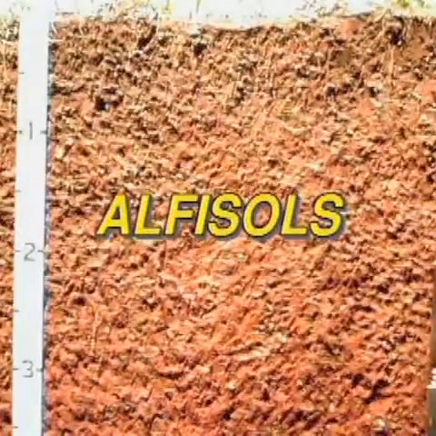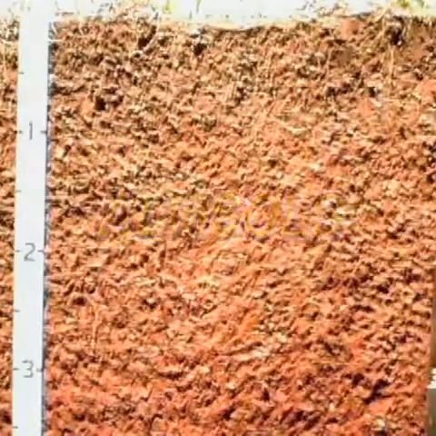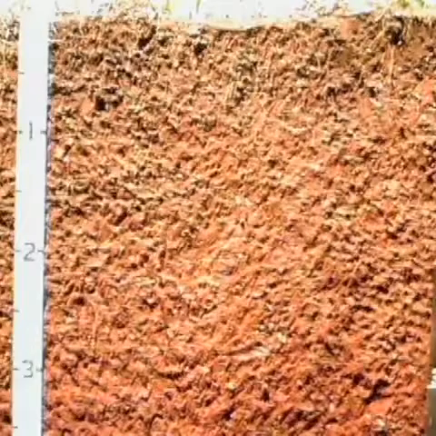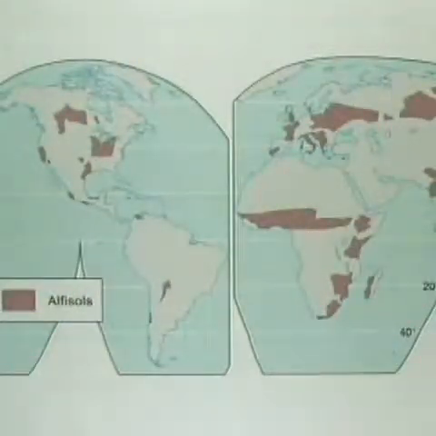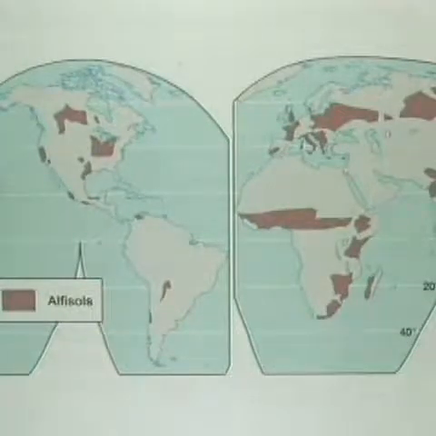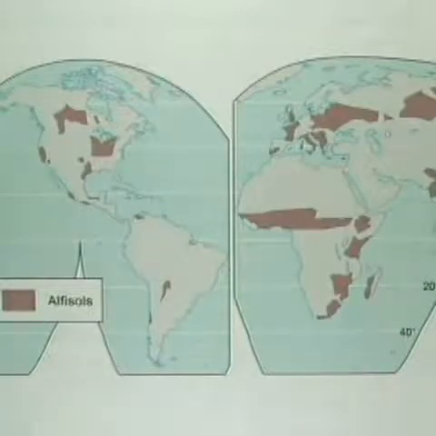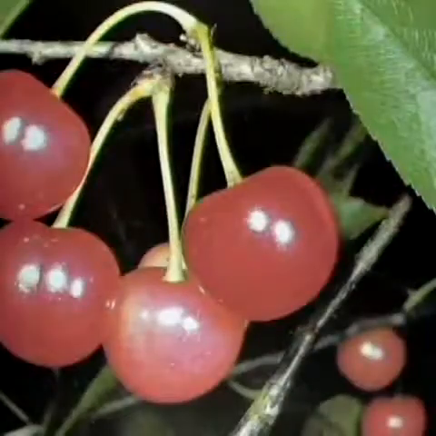Alpha soils develop under forests and grasslands in mild, humid climates. Crops can grow easily in these soils. Alpha soils can be found in the northern European plain, the Sahel region of North Africa, in eastern India, and in the southern parts of the Great Lakes region in the United States, where cherries and cranberries are grown.